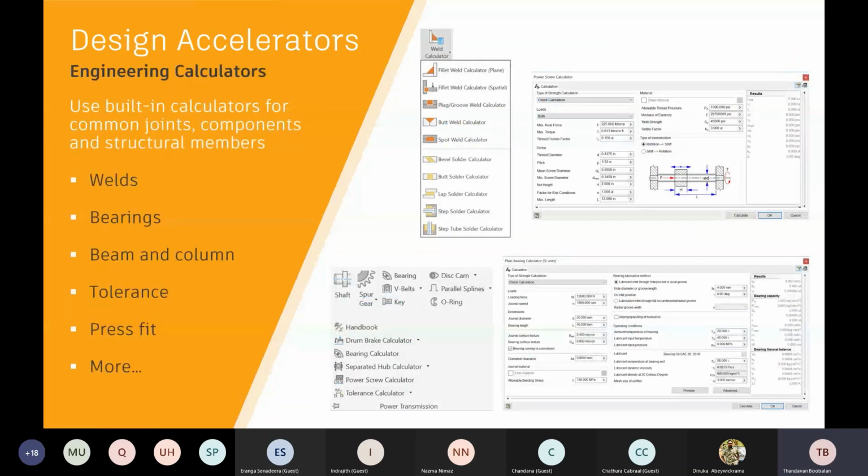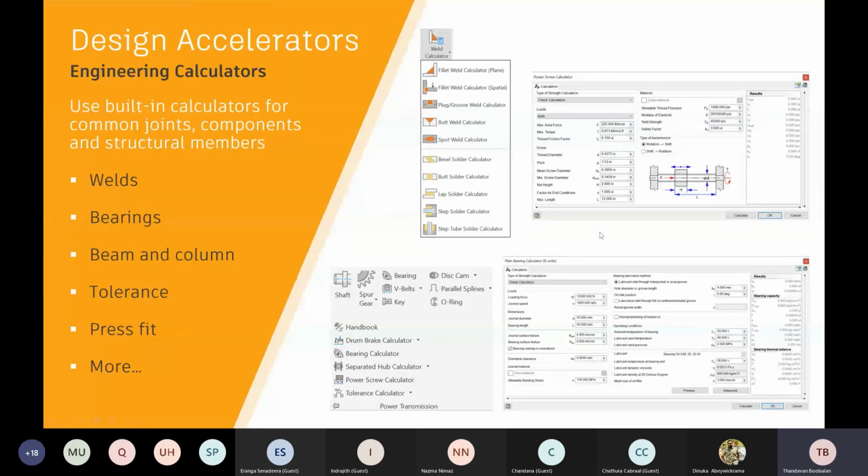Okay, and weldment is also available. If you want to provide some weldment, there are different methods in weldment like spot weld, butt weld calculator, and field weld. So the different weldments can be supported here, and these are the kinds of dialog boxes which you can see within the assembly section, like shafts, spur gear, and so on. And once you're creating a spur gear or something, it gives you the proper load and the loading force,